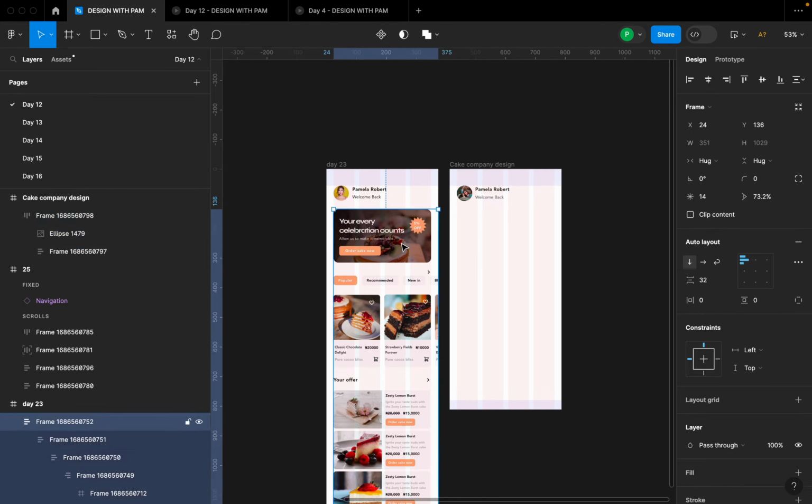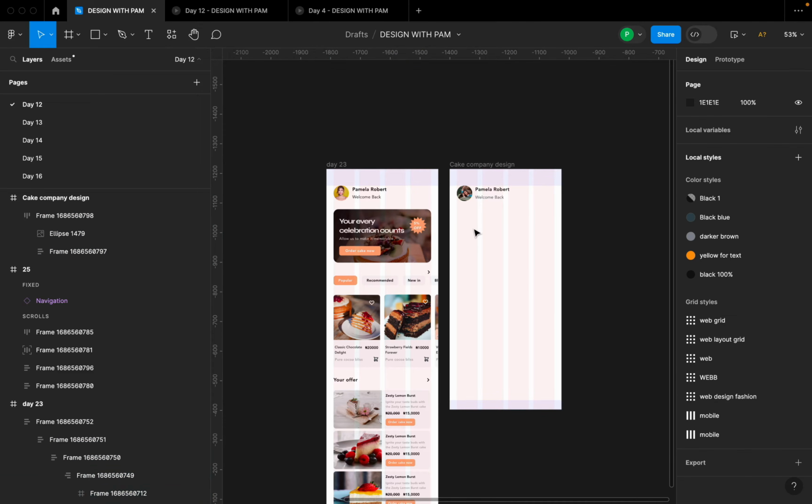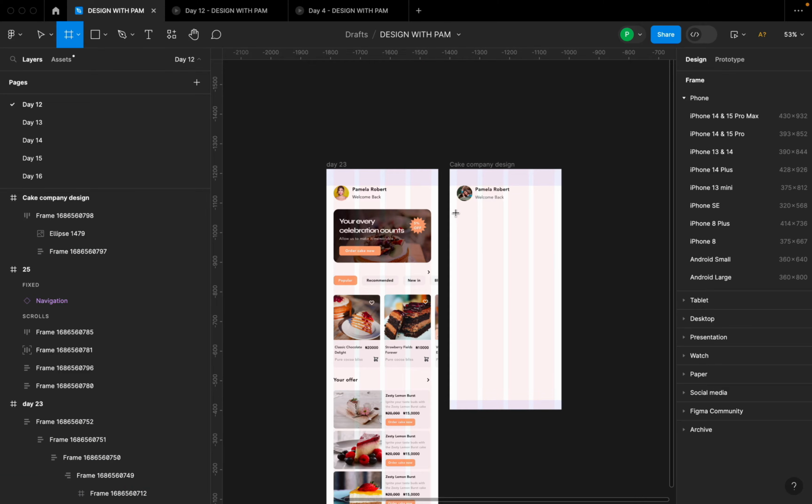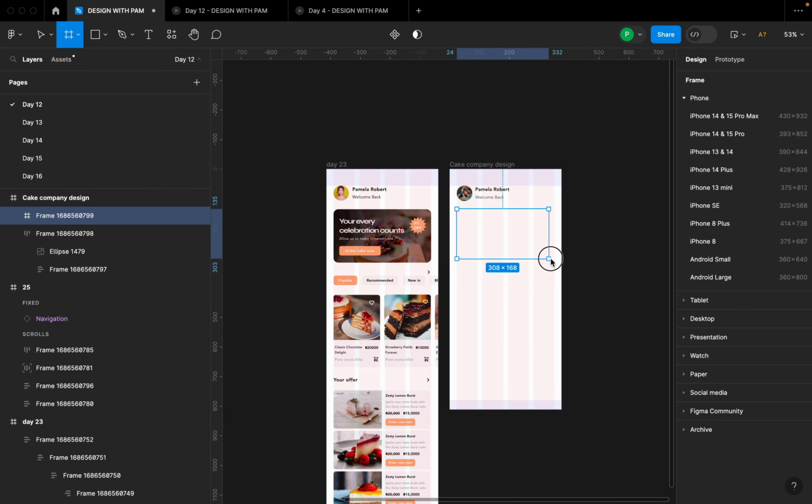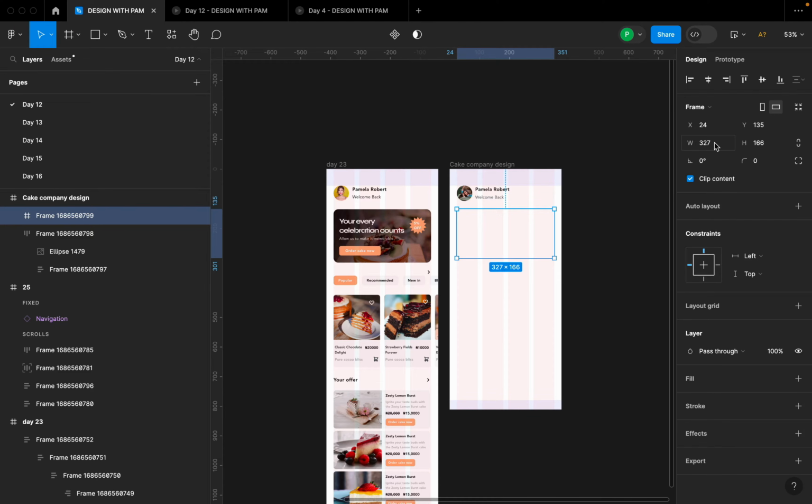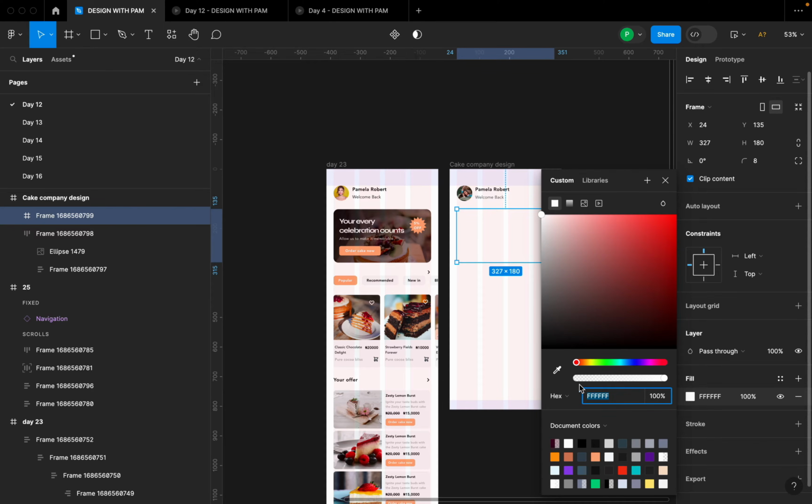Right, so the next thing is to create the shape that you see here. So I'm going to click on F on my keyboard to activate the frame. Then I am going to drag a shape. So for this frame here, I'm going to give it a width of 227, that is okay. Then the height should be like 180. I'm also going to give it a corner radius of, let's give it an 8. I think I gave it an 8 there. Then I'm going to add a fill color here. I'll click this plus sign and add a fill color,